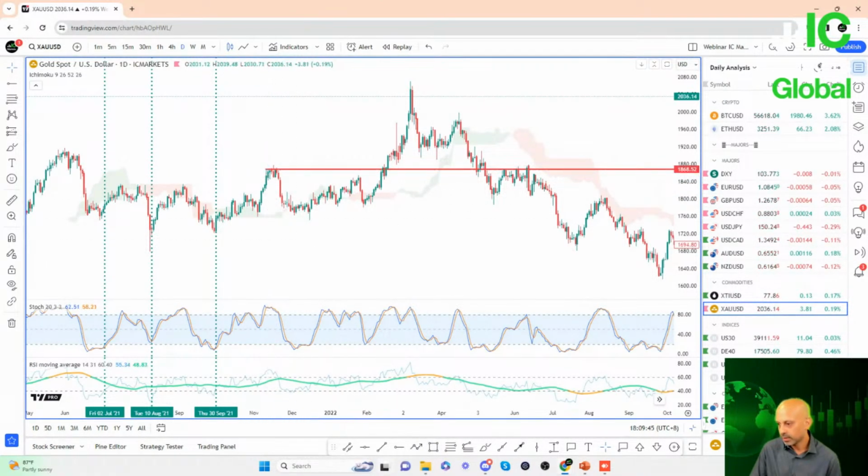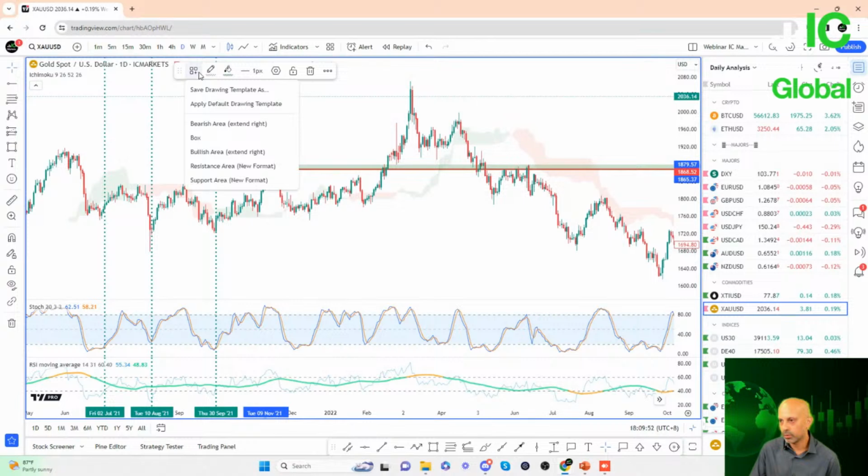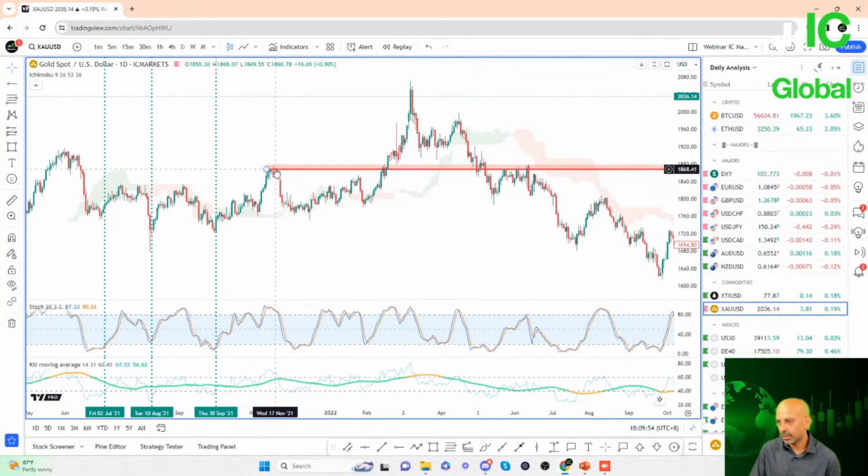This is a pretty strong resistance zone for gold during this period, right? So this highlights price action to us as well. We can see price clearly topping here over a few days, and as it starts to drop lower, it helps us to identify a potential short entry as well, right? So we have here another short entry.